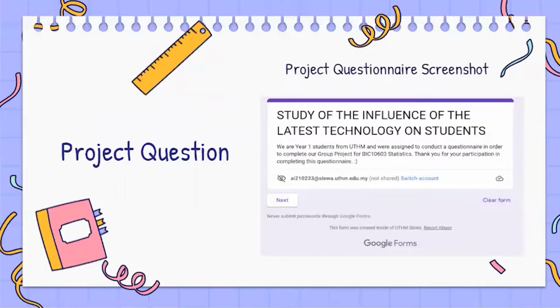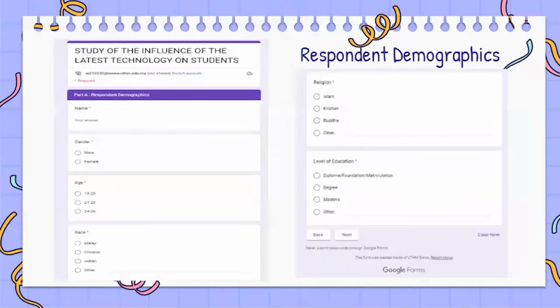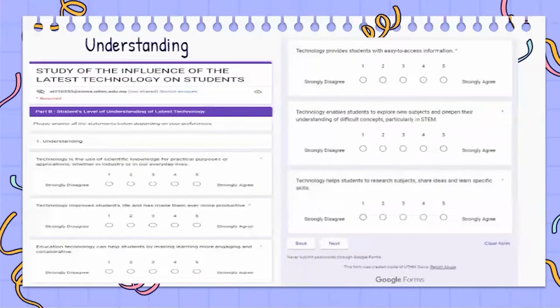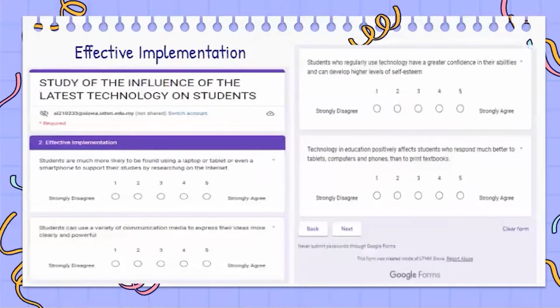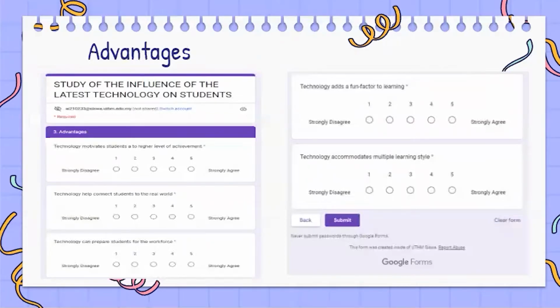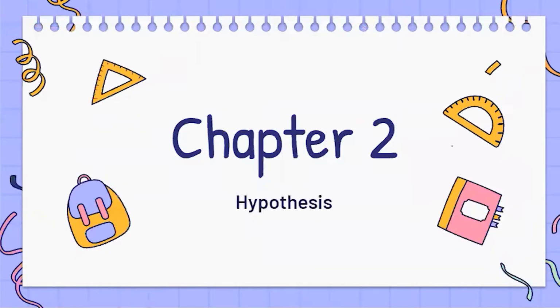The next one is the project question. This is the project questionnaire screenshot. And this one is the respondent demographic. This one is the understanding screenshot. And this one is the effective implementation. And the last one is the advantages. And for the hypothesis,